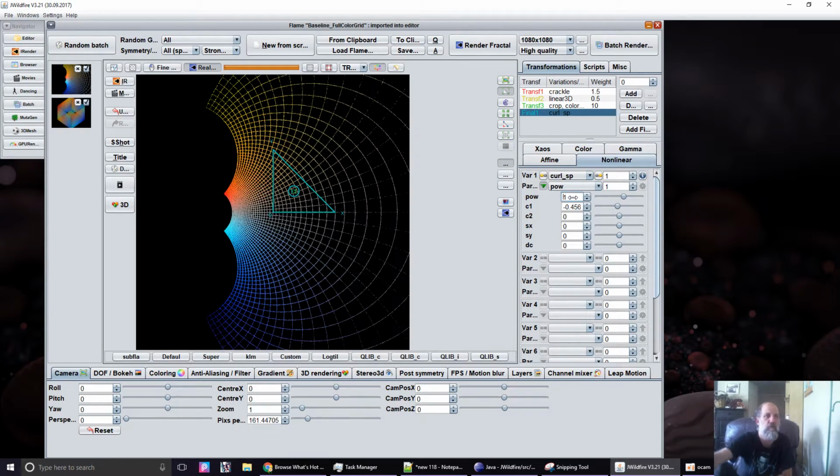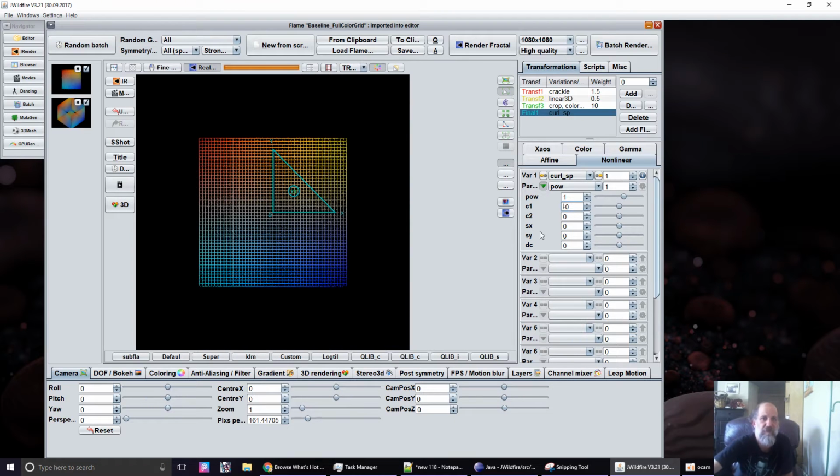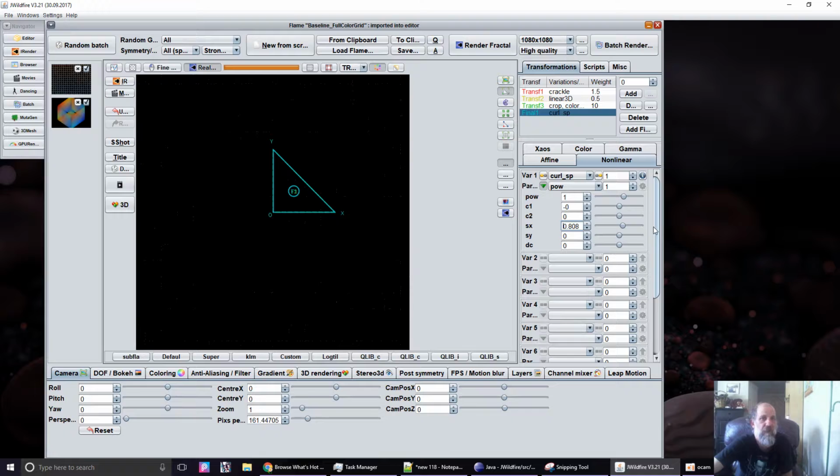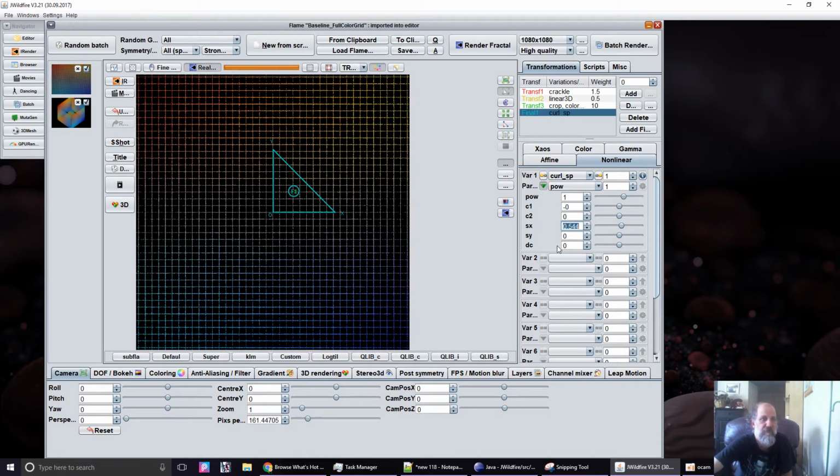I'm going to set this back to 1 and set this to 0. And then we have power. The C1 and C2 are curls. Then we also have SX and SY. And the S stands for split. So if we increase S,